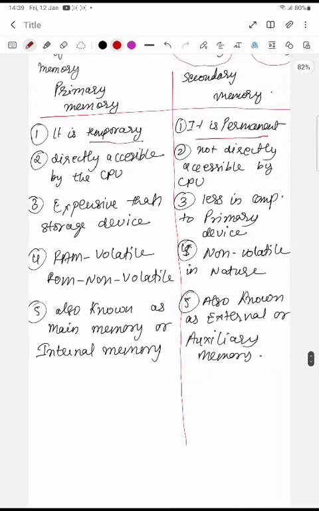Okay, so the second point is that primary memory is directly accessible by the CPU. It means there's a separate slot for the RAM and the ROM in the motherboard actually. So this primary memory, RAM and ROM, is directly accessible by the CPU. Next, secondary memory is not directly accessible by the CPU. It means we plug it into the computer through an external device, for example